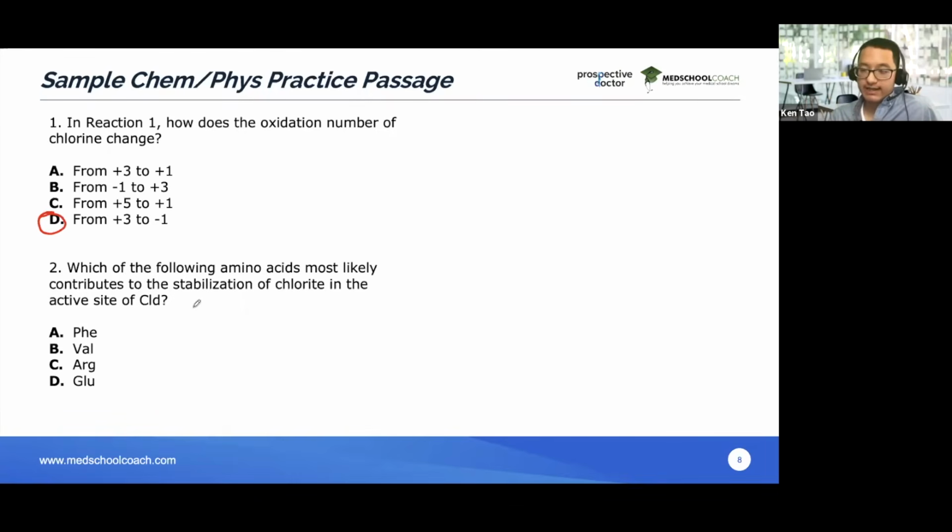Either the passage text is going to give you some information about, oh, this type of interaction is important, or this amino acid was really important, or they're not going to give you any information. If they don't give you any information, then you have the structure of the molecule provided. So in that case, you're using the structure of the molecule to determine what type of interaction is going to be important. The question I have for all of you is, what if you have both? If they give you information, the passage text that tells you what type of interaction is important, and they give you the structure of the molecule, which one wins?